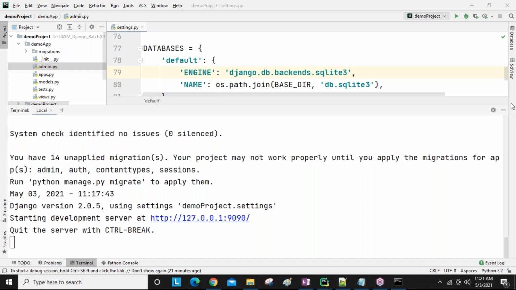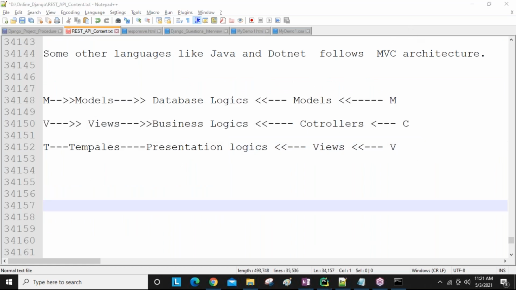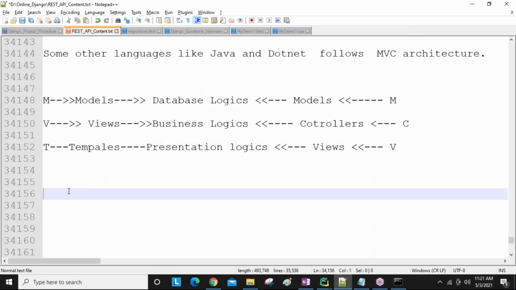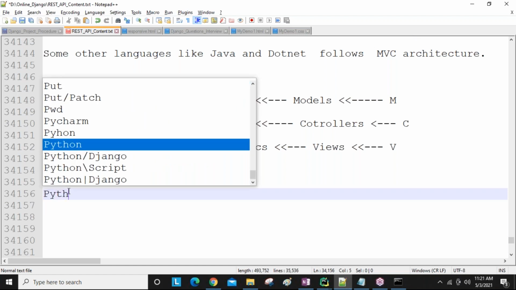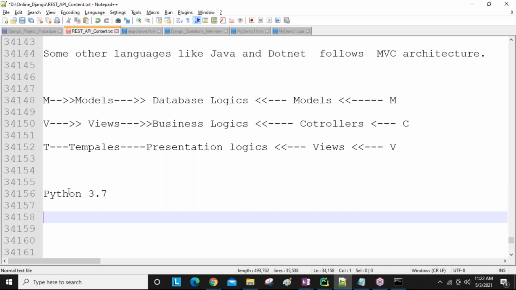Sir, which version are you using? Python for Django? Yeah, I told you guys in the demos, whatever version you want, you can use. And if you want to follow my versions, that is also fine. I'm using Python 3.7. You can use 3.6, 3.8, 3.9, whatever you want. Some students use my version only in the initial days, later they do updating or downgrading, whatever they want. Some people download the latest versions and work with them. That is your wish. So I'm using Python 3.7.